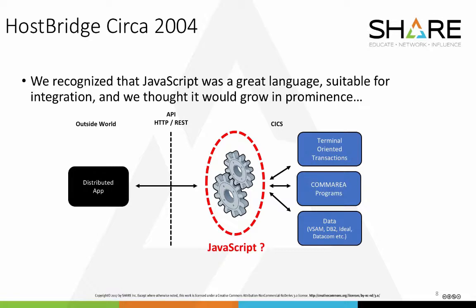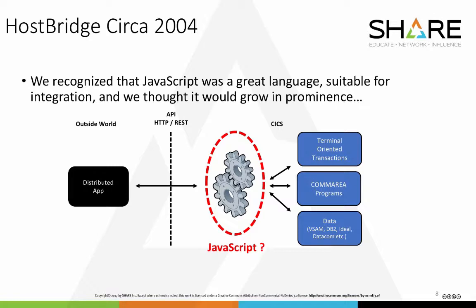to be able to use as a foundation for integration, right? Because it's typeless, it has all these very high-level object-oriented operators. Anyone can learn it, and lo and behold, it turned out that we were right. I can't say I've been this right about many things, but this one we actually got right. And that is that we now live in a world where not only is CICS officially a multi-language application server, but JavaScript is the most popular programming language on the planet. 6-year-olds in my community are being taught how to hack out JavaScript and make little bouncing balloons on a web page. I mean, this is everywhere.